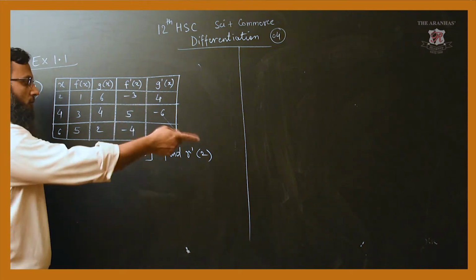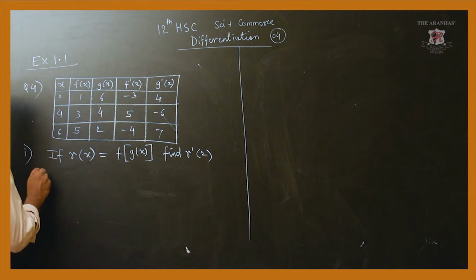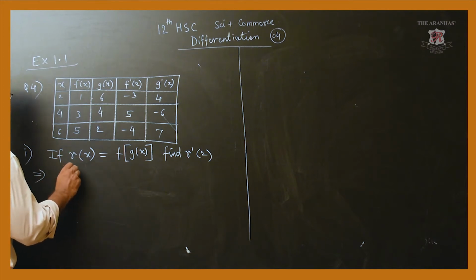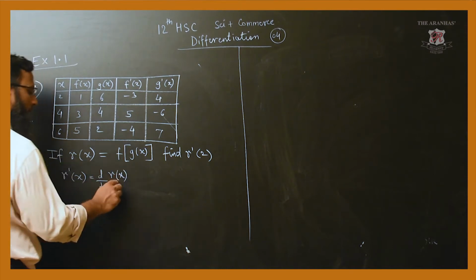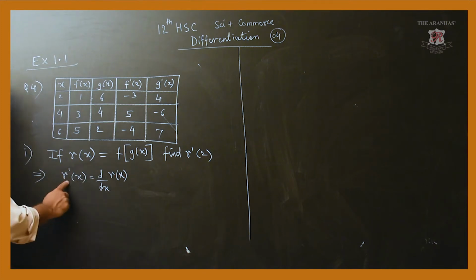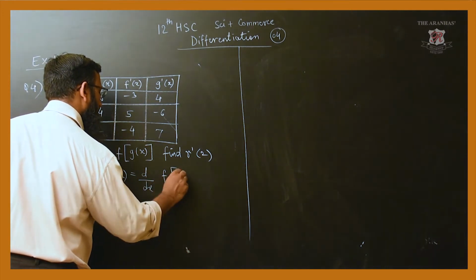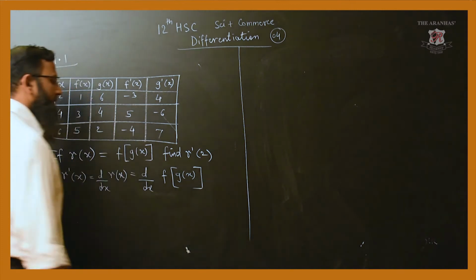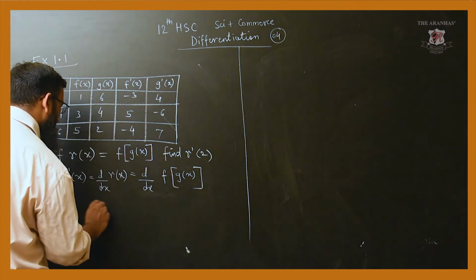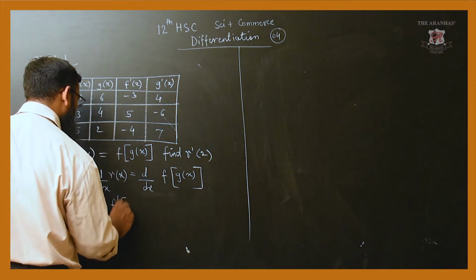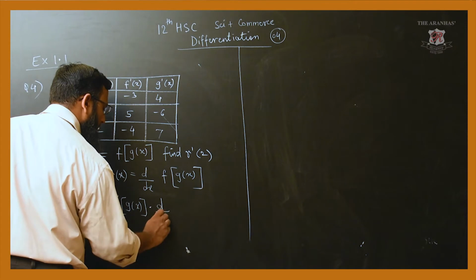Here r of x is there, so first you have to differentiate it. How to do that? See, the solution will be like this. r dash of x will be d by dx of r. If you differentiate this with respect to x, you will get r dash of x. So here it will be d by dx of f of g of x. Let us differentiate this, dear students. So this will become first f dash of g of x, and then again whatever is there inside it, you have to take the derivative of it.